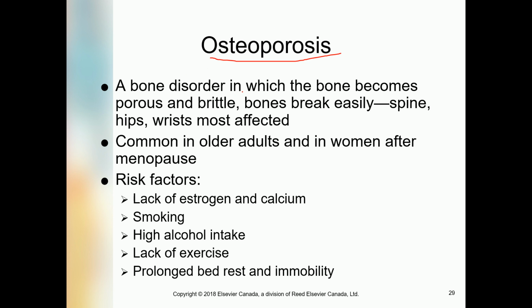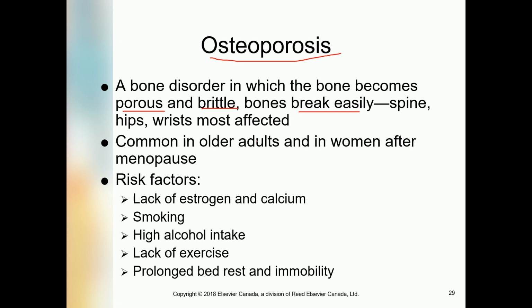Osteoporosis is a bone disorder in which the bone becomes porous. Porous means full of little holes, and brittle means very thin. Bones break easily. Spine, hips, and wrist are most affected. What are the most affected areas of osteoporosis? Because of the brittle, porous, weak, fragile, thin bone, the spine, hips, and wrist are mostly affected in